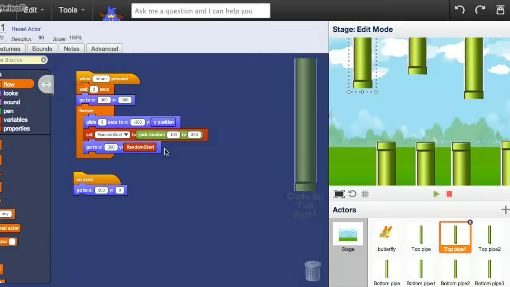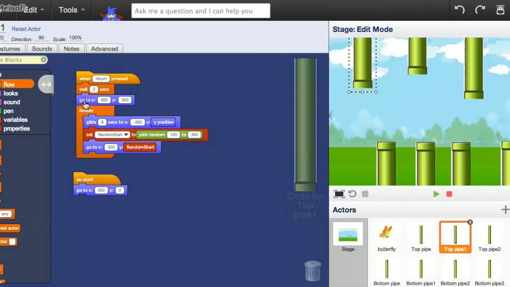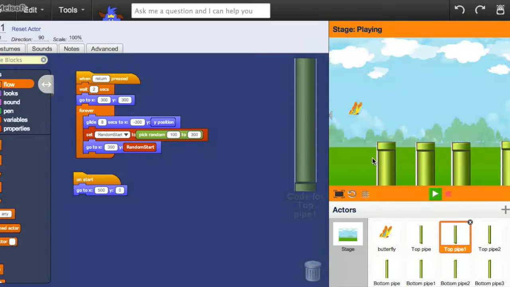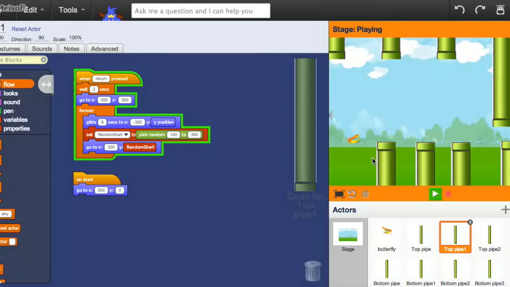Additionally, when I was showing you these top pipes before, I had messed up the order between these two lines of code. It should look like this, where first you wait the seconds and then you go to this X position. Because before they were popping in too early, so let me just show you now. If you click the enter, so you have your bird and he's flying, see how they pop up one by one. Before they were popping up too quickly, so this is how it should look. So now you see all the top pipes look really normal,